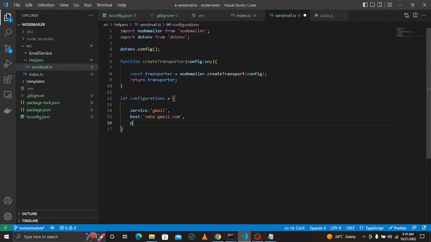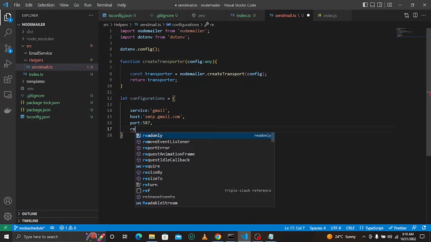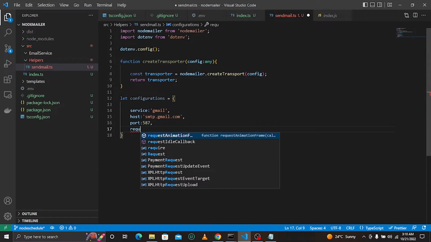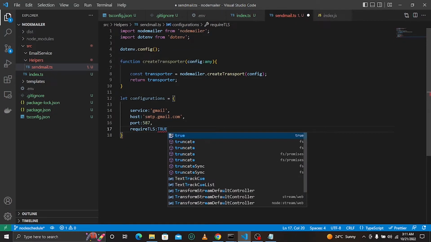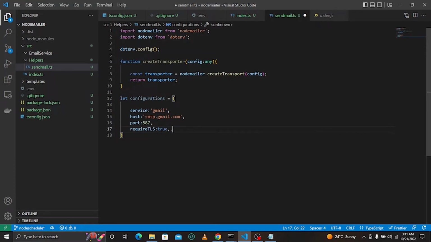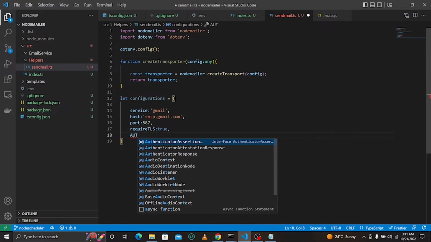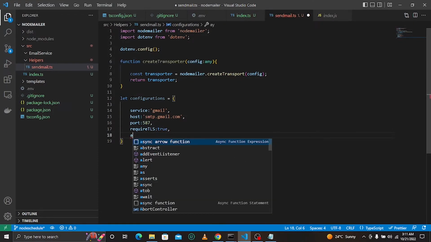So another thing is port, which should be 587 there, and then the other thing is requireTLS, just like that, and it should be true. And then the other thing is auth, or authentication. We need to have auth here,